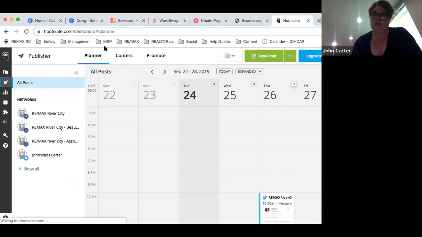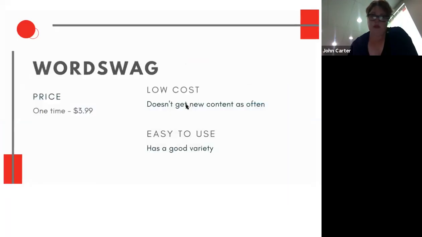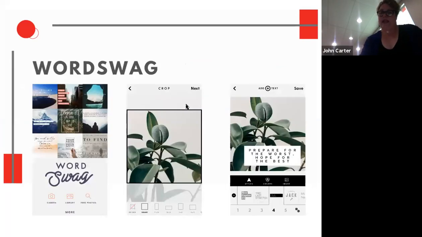Okay, so WordSwag is, again, basically a quick app you can use from your phone. It's good for things like... it's $3.99, a one-time fee. So it's a nice little app if people are doing things like these lovey-dovey quotes, or if you just